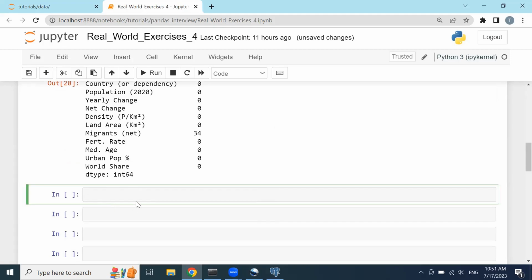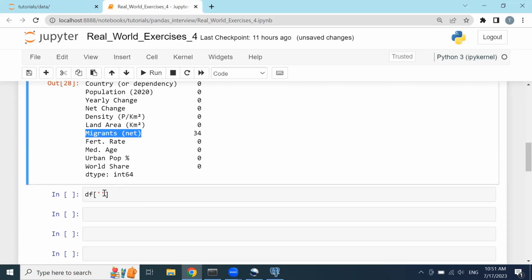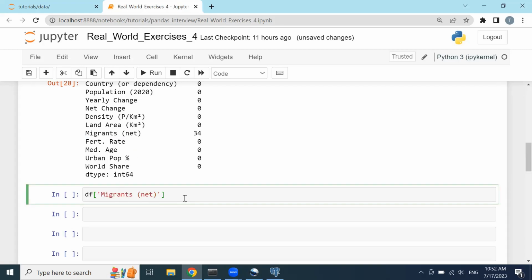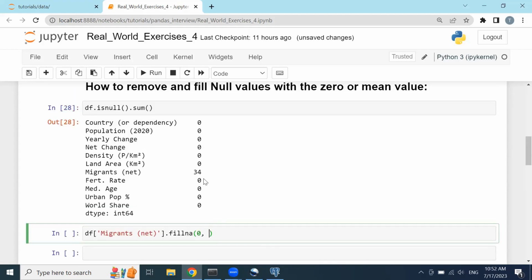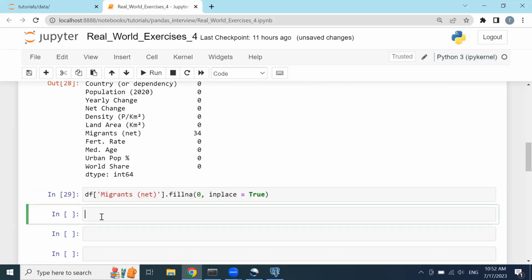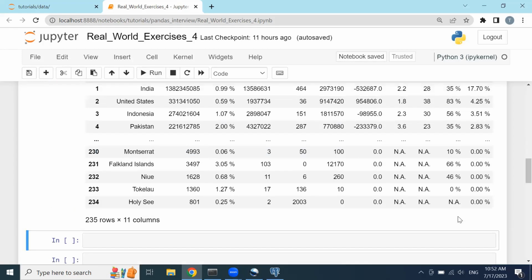I will do it with the fillna method by typing df and the name of the column, migrant net. I will copy it first, migrant net, and then add the fillna method, and inside of this method I will add the value that I want to replace with, and a parameter called inplace equals True. If I click shift enter and call the data frame itself, run it,